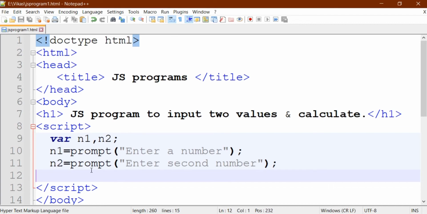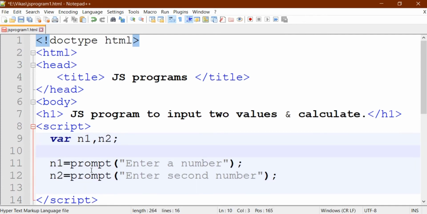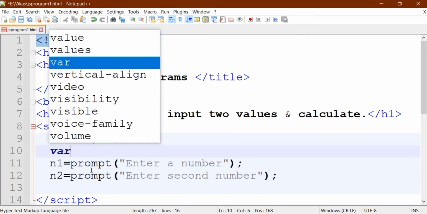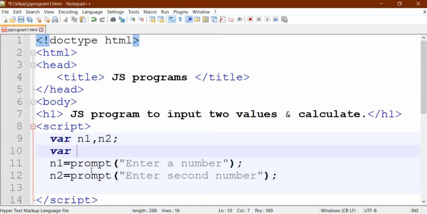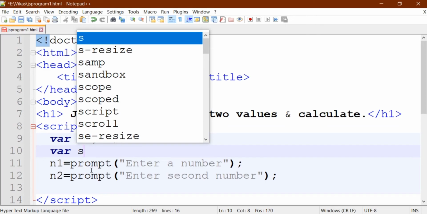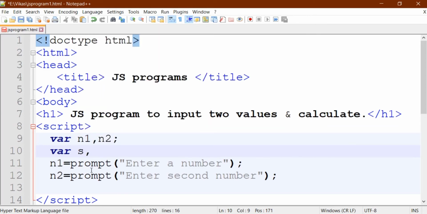So the values are gone in n1 and n2. So during runtime, n1 and n2 variables are created in the memory, and the values what you enter in that store. The next task is to perform the calculation. So what we are going to do for storing the result of the calculation, we are going to declare few more variables. So for subtraction, we'll take the variable as s, and for addition, we take the variable as a,